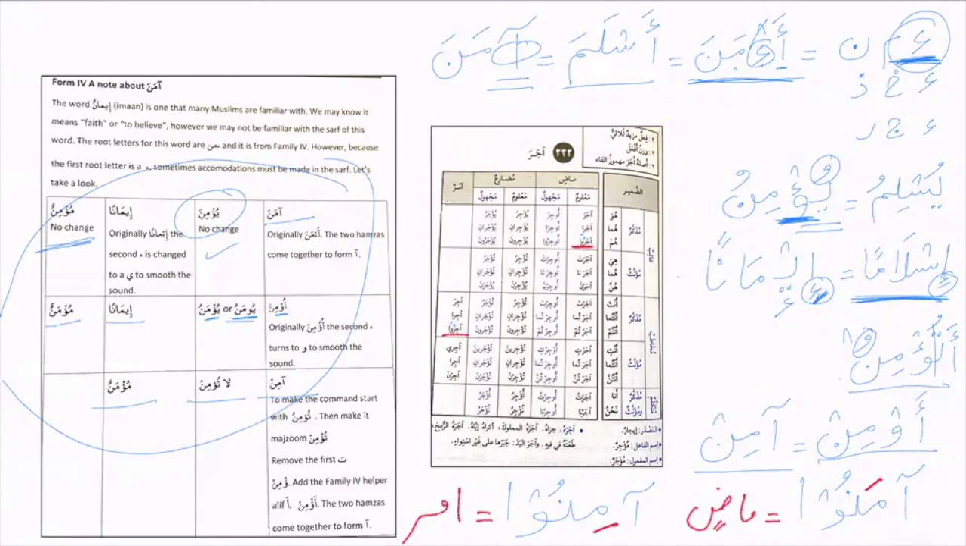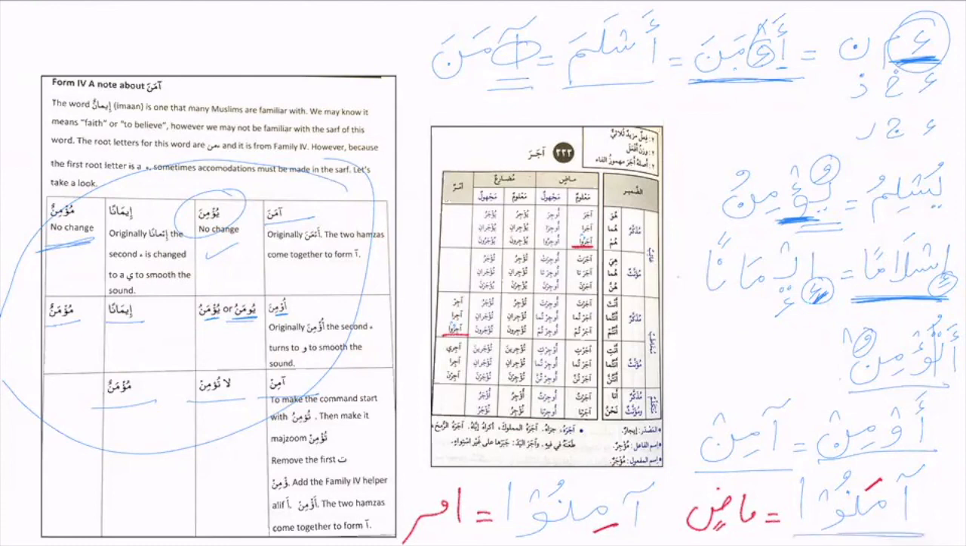Because there are going to be many fi'l in Quran Pak which have hamza in the beginning, and when it comes to family 4, then these changes are going to happen. Okay, so you should get familiar with all these changes. And now one more thing worthy of explaining over here is